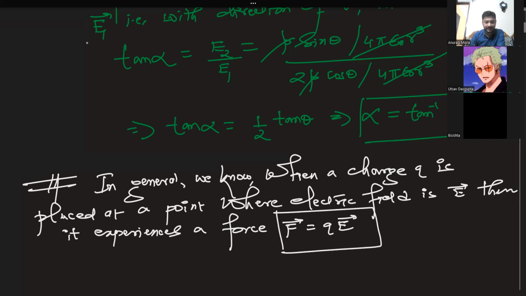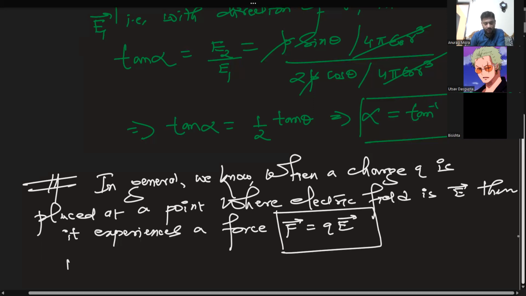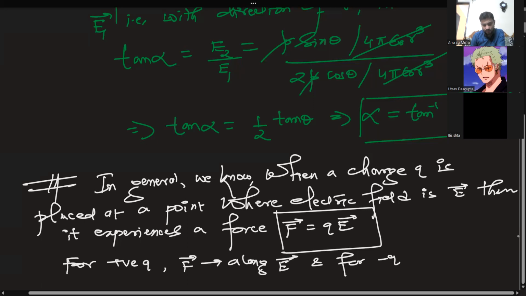Whenever two vectors are scalar multiples of each other, they are collinear with each other. तो यहाँ पे क्या होगा कि for positive charge force will be along the direction of electric field। जिधर इलेक्ट्रिक फील्ड है फोर्स भी इधर ही काम करेगा। And for negative charge, force will be opposite to the direction of electric field।